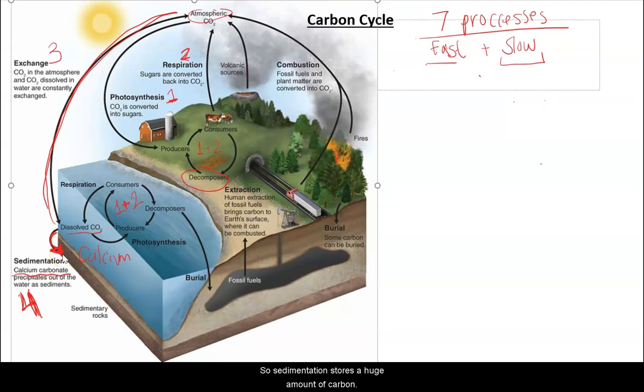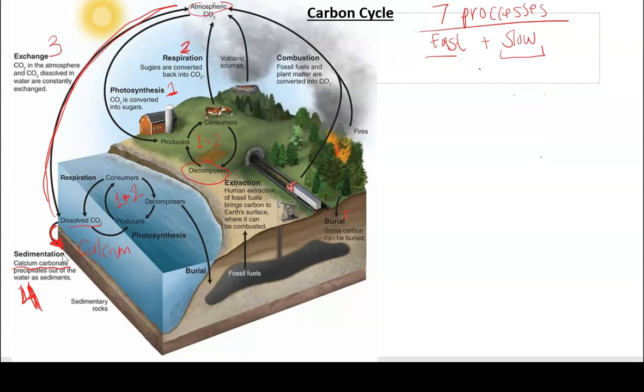So sedimentation stores a huge amount of carbon. It's the largest carbon pool in this slow section of the carbon cycle. So the fifth cycle is burial, and that's where some carbon can be buried within the earth, as we just talked about, via